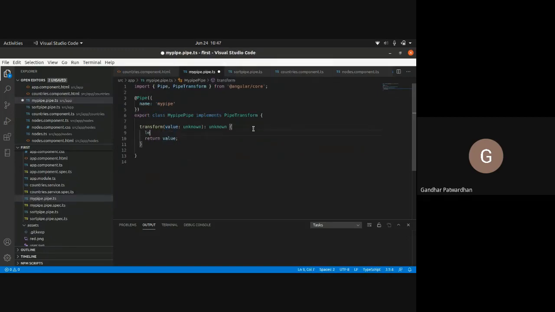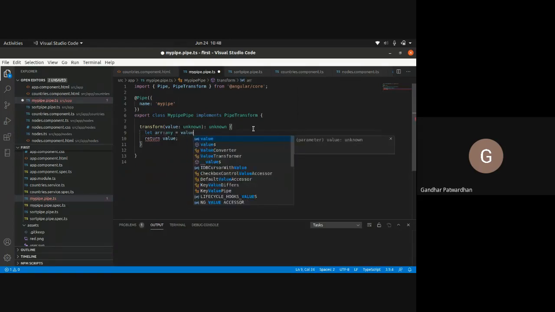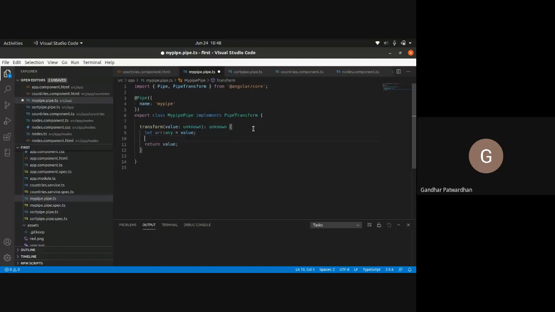Now let us see how to manipulate it. I would simply say let arr: any = value. I'm just taking that value in another variable. Now what we need to do is sort, so I would say arr.sort. Sort takes a callback function with two parameters, a, b.